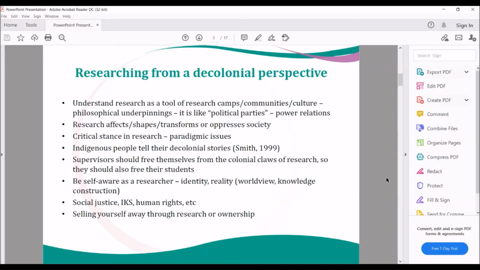Linda Smith, who's the voice of the Maoris in New Zealand, is very, very strong on this point to say, as indigenous people, our story is a decolonial story because it's very real that we have gone through, from generation to generation, episodes of oppression. And we cannot play it down that we don't know what happened, what we have gone through. And this does not mean that we are keeping grudges. We are trying to be tenacious about going forward to dismantle the colonial walls, and research is very, very instrumental